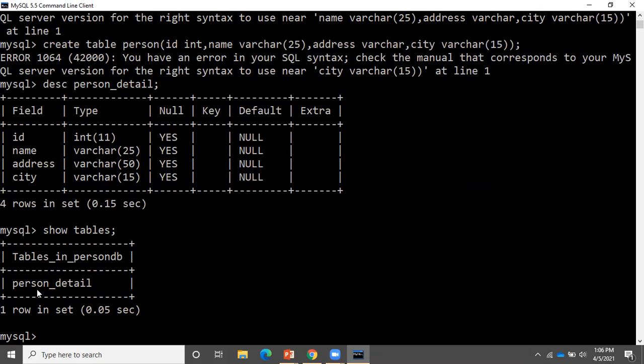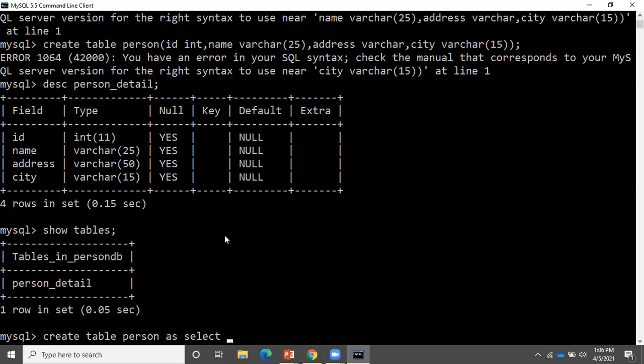Now with this person details table, I will create one more table. Using this table, I will be creating a new table. So this is my existing table. Now I'm creating a new table, create table. Now I have to give the new table name. Let us suppose the new table name is only person, right? So the table name is person. Now I want to select from here, so I will write select.